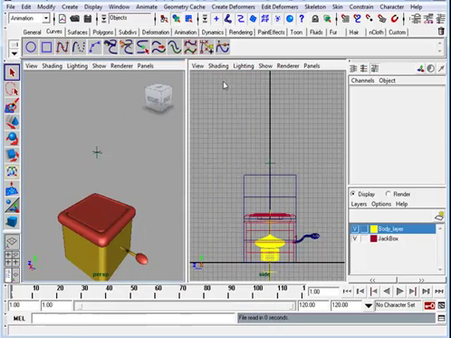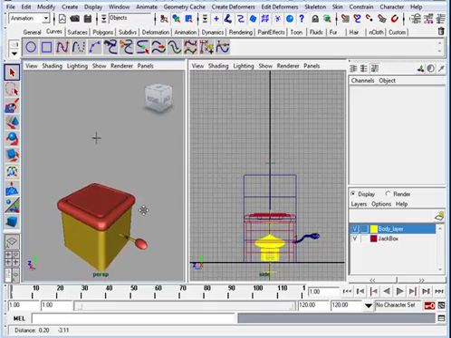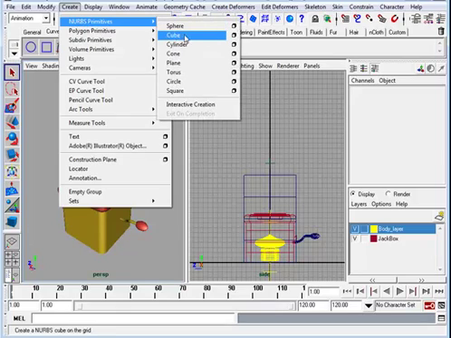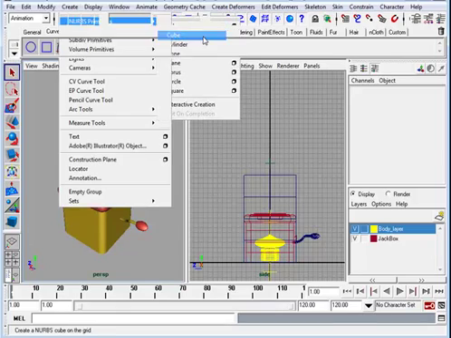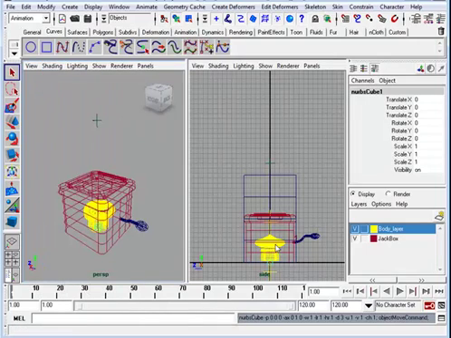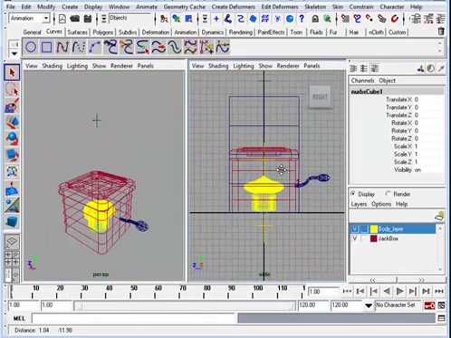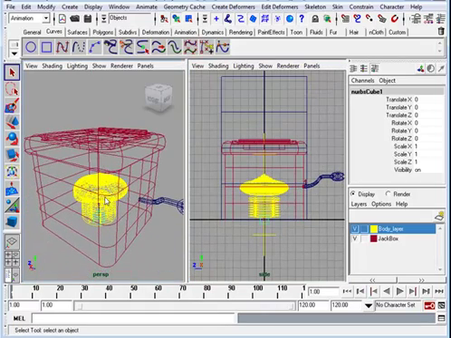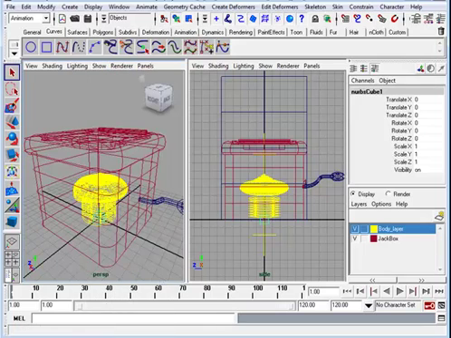Alright, in this tutorial we're going to start creating a simple set. The first thing I'm going to do is create a NURBS cube, and I'm going to create it right at the center point, and you can see it here. I have it on my side view and my perspective view so you can see the cube, and I'm going to go into